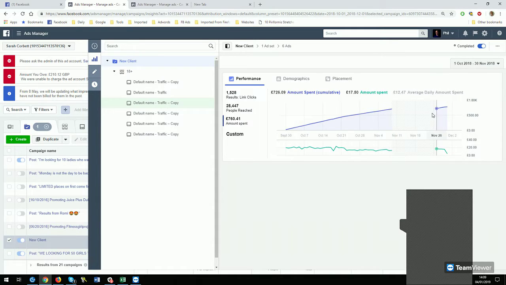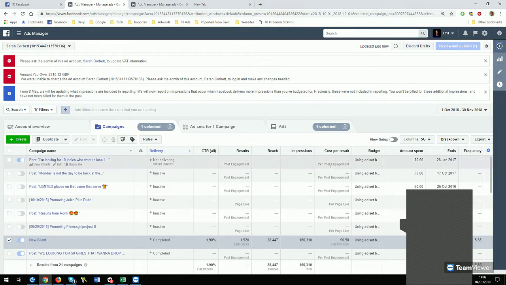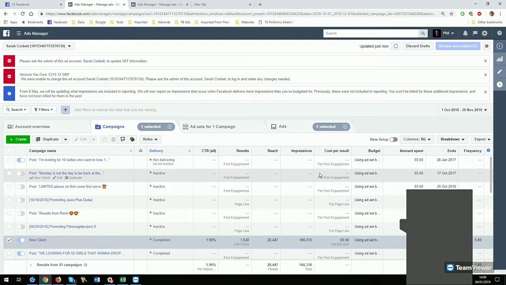Yeah, but you could change the date range. If you wanted to just show that last week, you can go up there and change the date range. So the office,